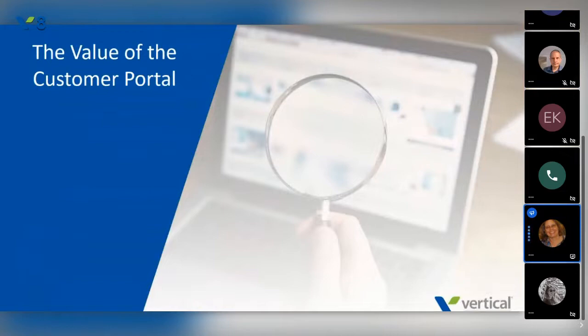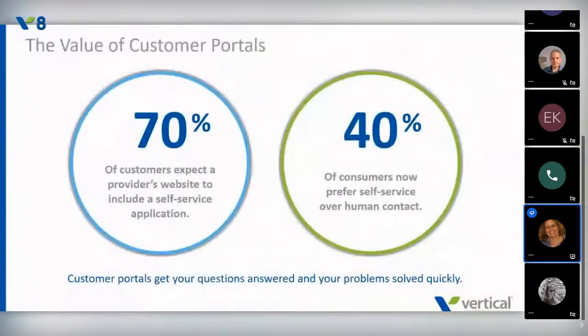The value of a customer portal. So whatever provider you're considering should have a customer portal. We're all probably accustomed to when you needed to place a request for service, or what we call adds, moves, and changes, you had two means by which to do that. You can make a phone call, which in most cases you can still do, or you can send an email to your provider. But what's becoming more and more important is the customer portal.